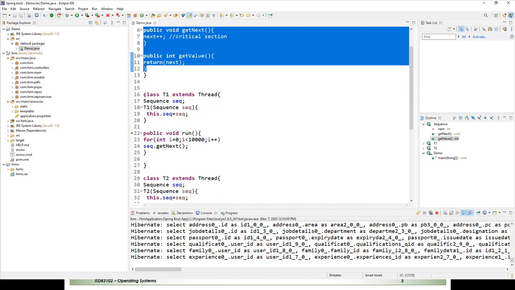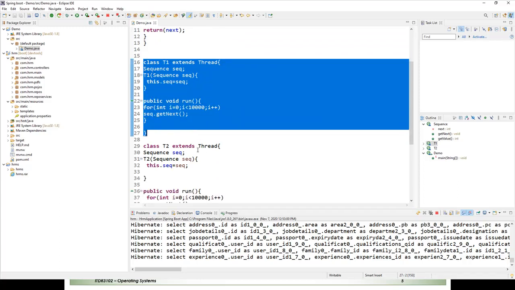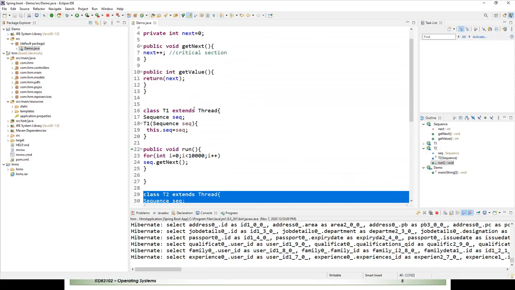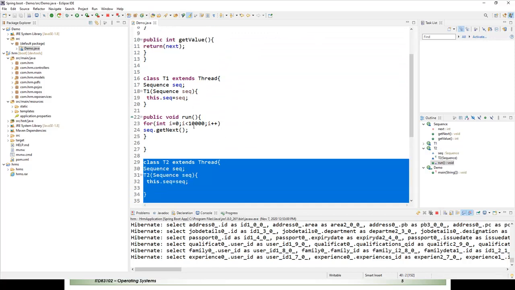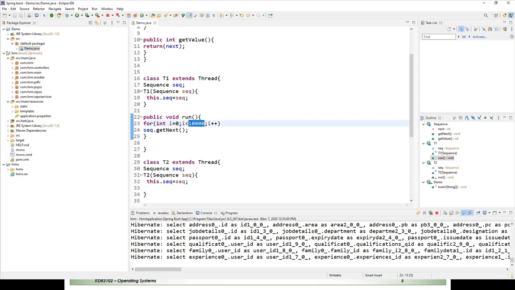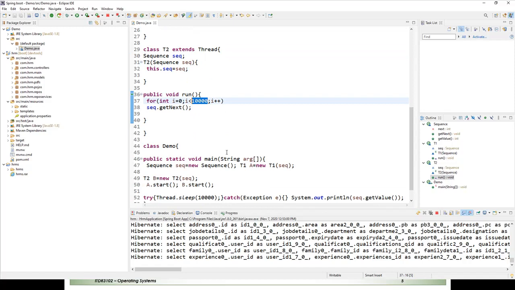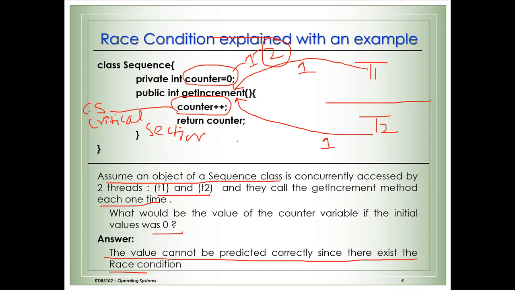There are two threads, T1 and T2. These two threads call this method get next 10,000 times each. Already we have discussed, when a thread calls this method one time, the value increases by one. If two threads call it one time each, that means 2 times totally, the value increases by 2.